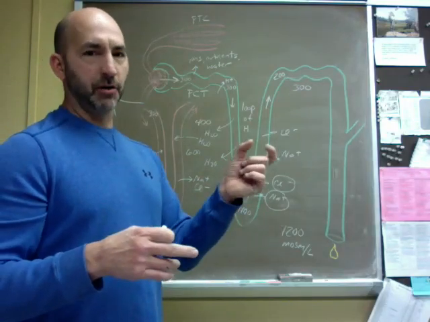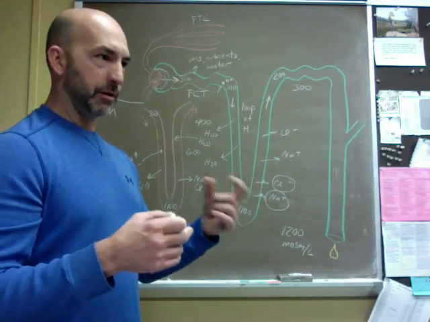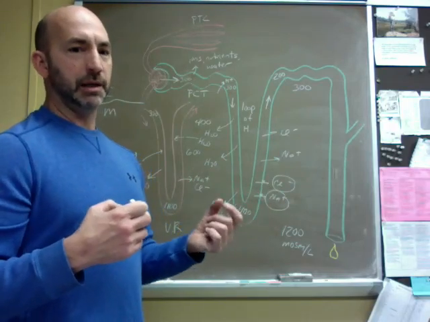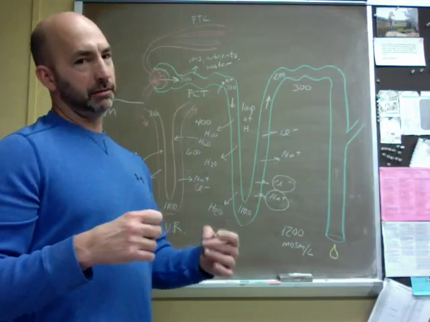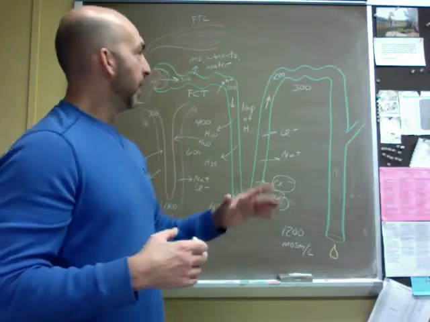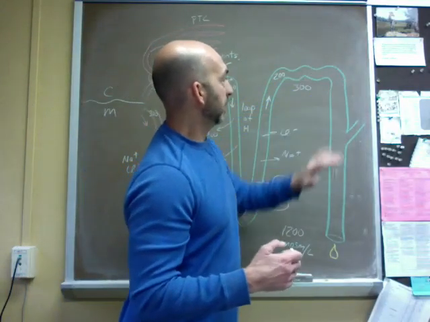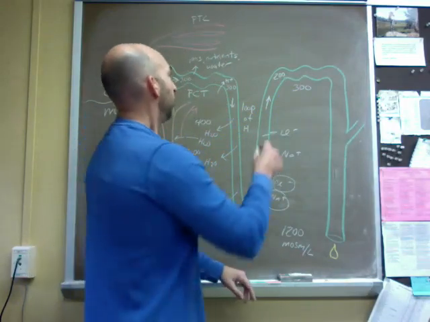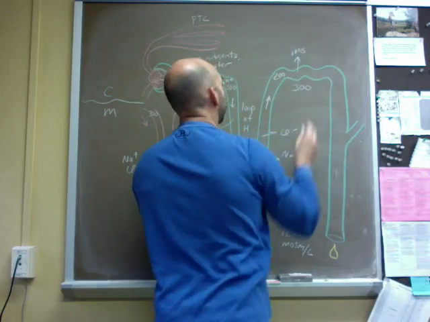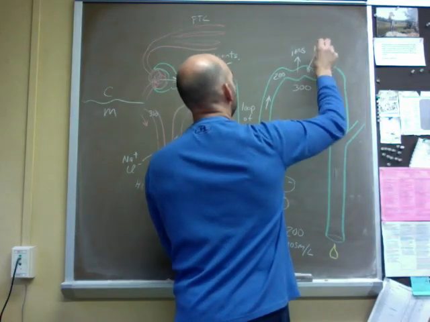We're going to adjust the final 1% or so that was filtered, and that'll allow us to excrete more or less of the salt that we take in a day. If you eat a high salt diet, let a little bit more go. If you eat a low salt diet, you're going to retain more. And that regulation takes place in the DCT and cortical collecting duct. And so we get more ions. We get more secretion, again, usually of protons,